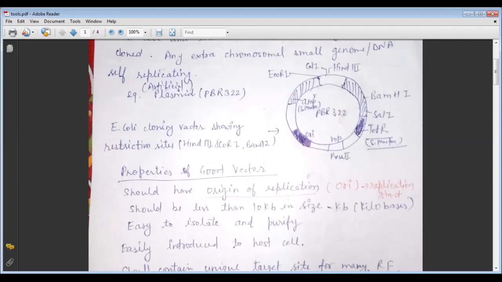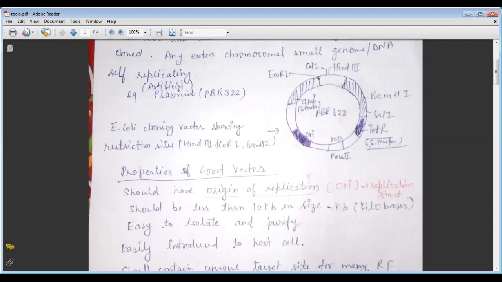So here Escherichia coli, E. coli cloning vector shows the restriction site. So in this pBR322 there are the restriction sites. It may be the 8 restriction sites are here. So as we know that